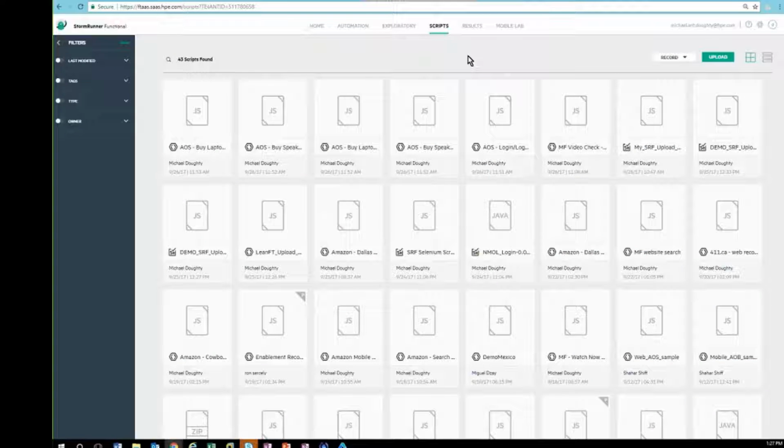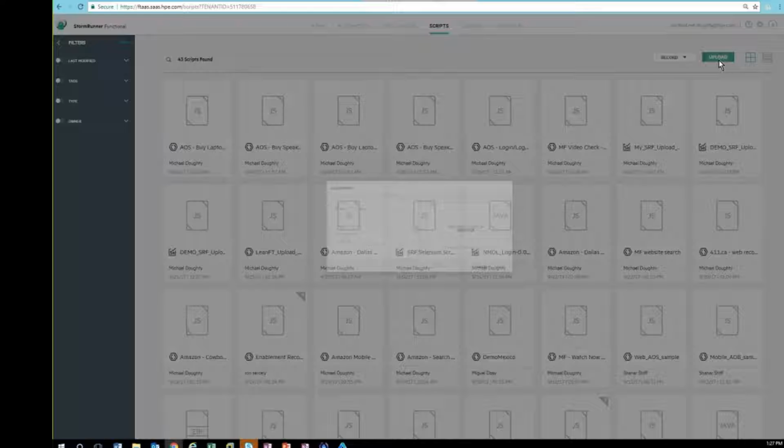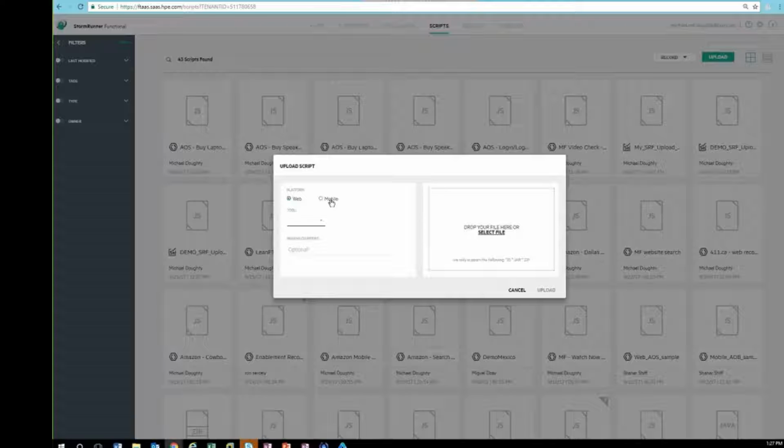So in our scripting section, here we've got scripts that have already been loaded. We've got a repository that's inside of the cloud. And then on the left, we've got filters to be able to quickly search through whatever scripts that we want to. So if we've got a script, all we have to do is choose whether it's a web or a